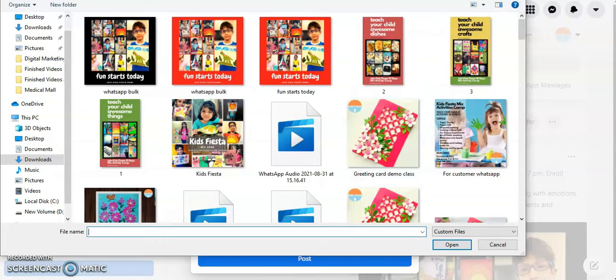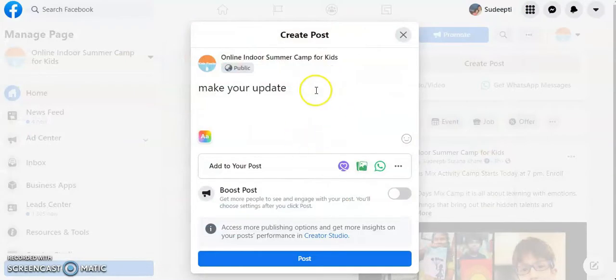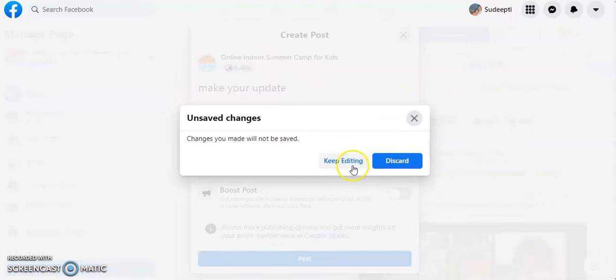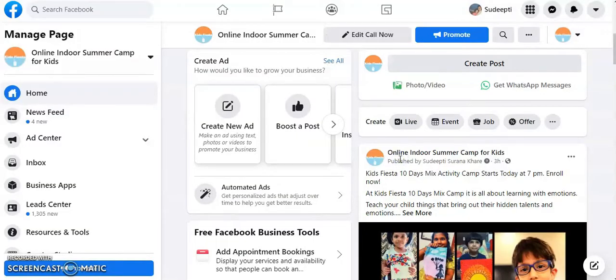So it is not possible for you to revisit Facebook all the time and then keep on updating it. For example, you want to post 3 times in a day. So what you have to do is come back to Facebook all the 3 times, and then physically you have to be present, and then you have to upload it. Manually you have to upload it. So what I'm going to teach you is how you can automate this process.